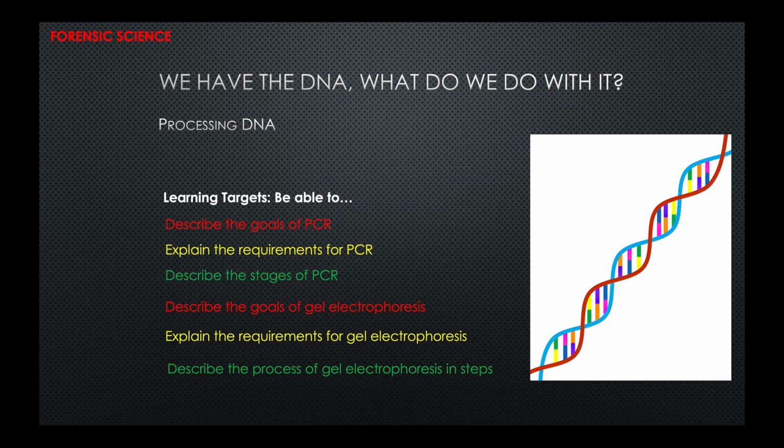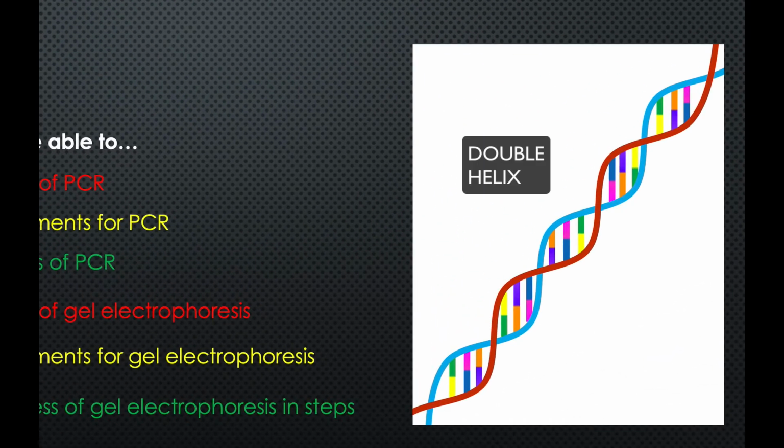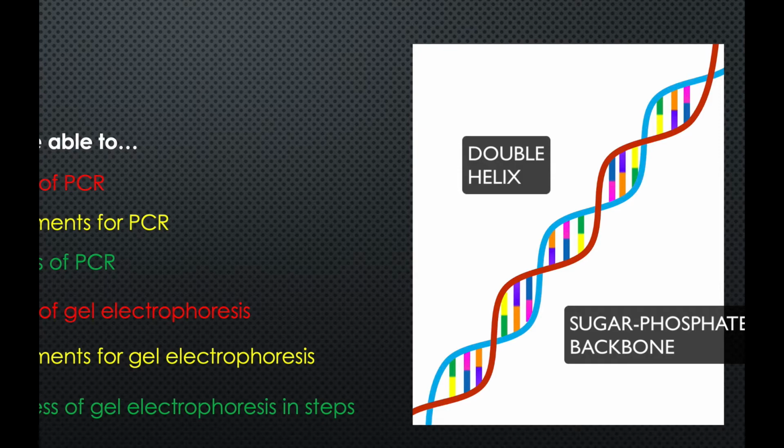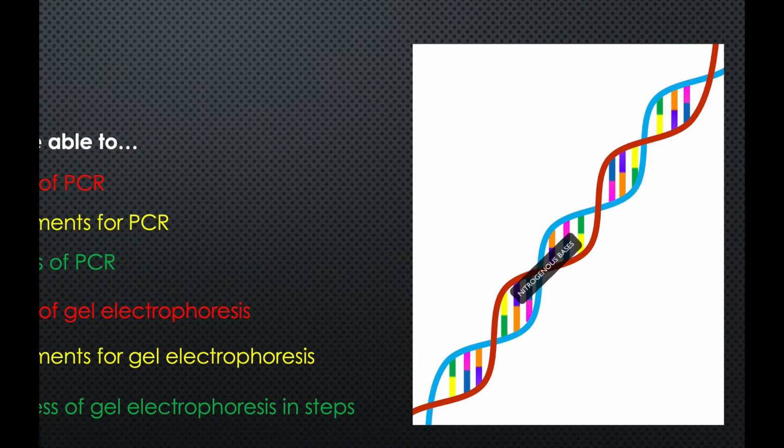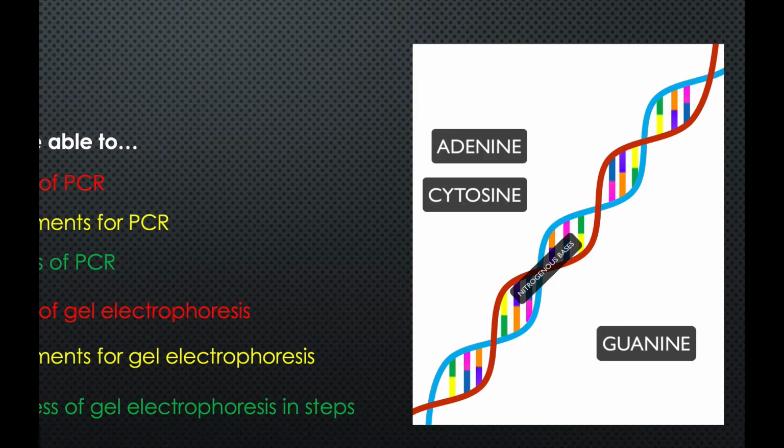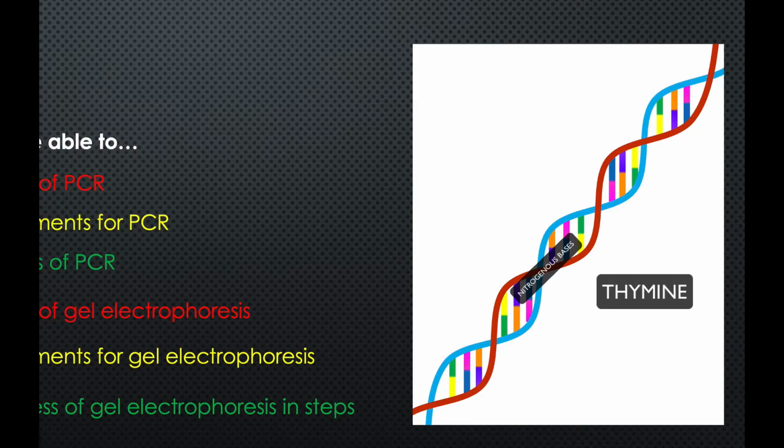Now let's do a very basic review of DNA, what we've covered so far. We learned that it was a double helical structure, and we learned that there were sugar phosphate backbones, which ultimately formed the outsides of the ladder. And on the inside, we had rungs called nitrogenous bases. And those bases were made of 4 different chemicals. We had adenine, guanine, cytosine, and thymine. And we learned that as you read DNA, you do so in what's known as a 5' to 3' direction down one strand, and then that 5' to 3' direction goes the opposite way in the other one,